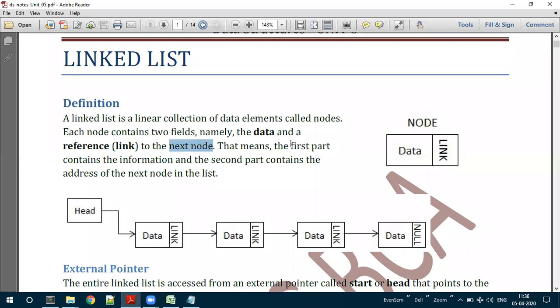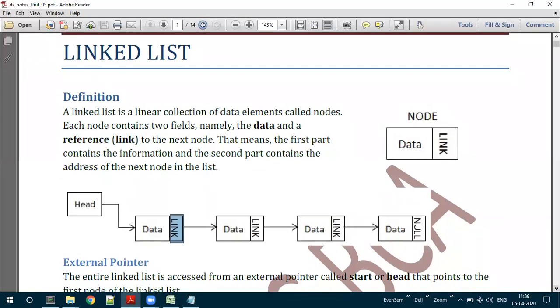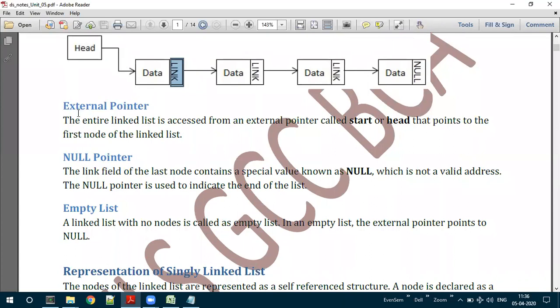The first part or the first field contains the information, and the second part contains the address of the next node in the list. Okay, and we have come up with other terms which are called external pointer and the null pointer. External pointer is what?